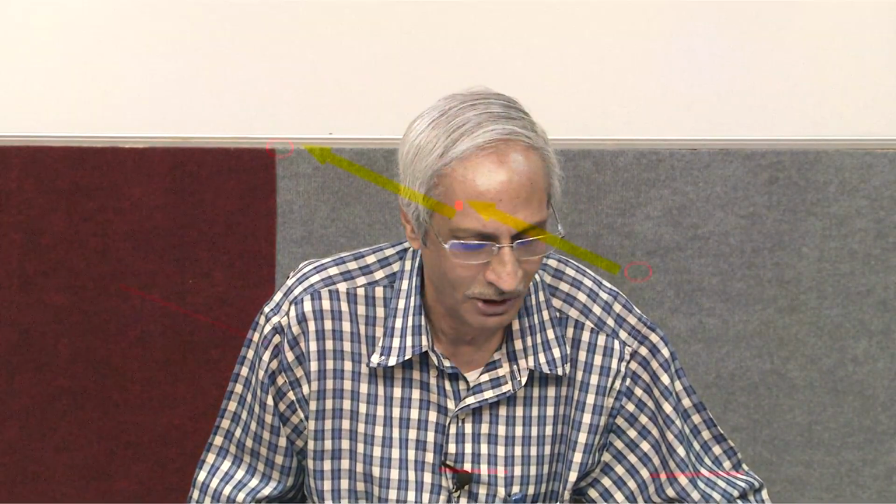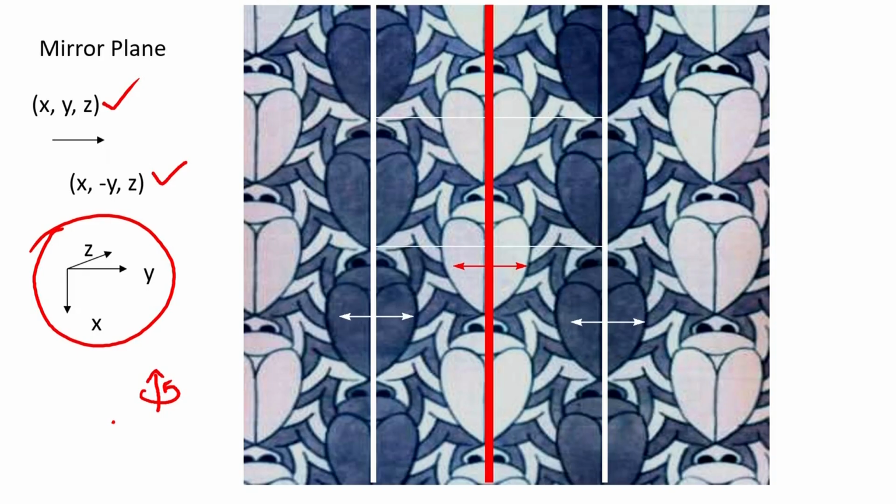That important point will clinch the whole issue. Let us go back to the center of symmetry, or for that matter we can go to this mirror. In the case of the mirror operation, we take x, y, z to x, y bar, z. So the point from here went to the other point. Now suppose I operate the mirror plane again on x, y bar, z. What will happen? X, y bar, z will go back to x, y, z. So x, y, z and x, y bar, z are the two equivalent points, which are related by this symmetry operation.